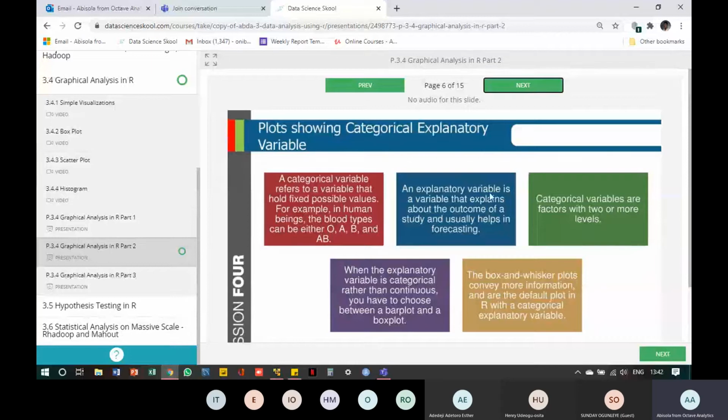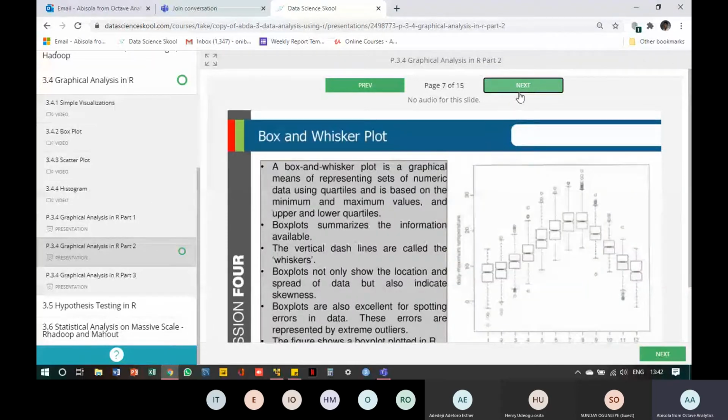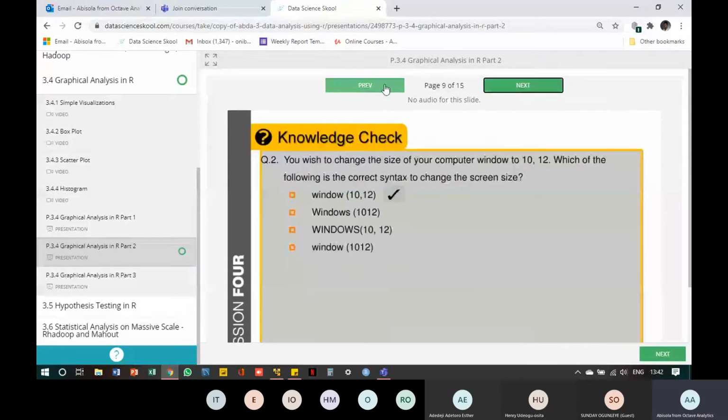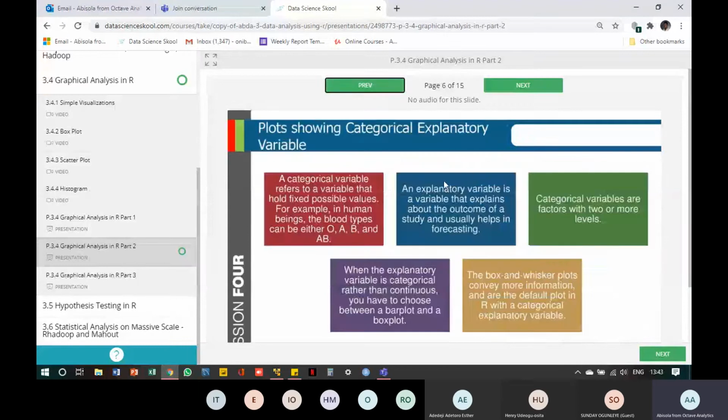So, plots showing a categorical explanatory variable. I'm just looking at time, and I feel like maybe we should just end there. Okay, so we're going to end there. So, plot showing a categorical explanatory variable. So a categorical variable, good. There's an example here. So I will not have to talk too much to explain what